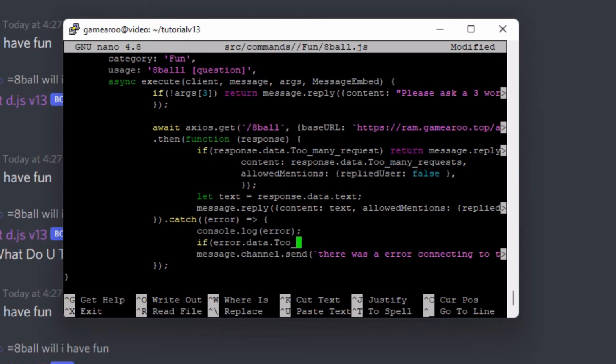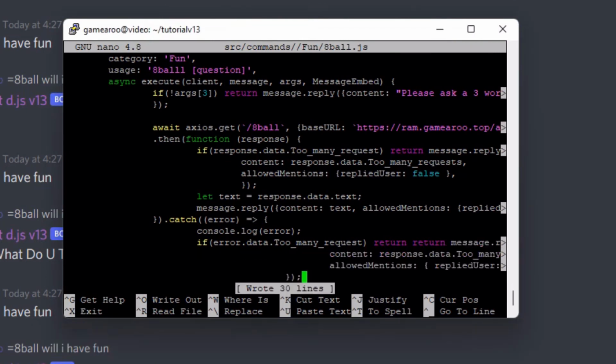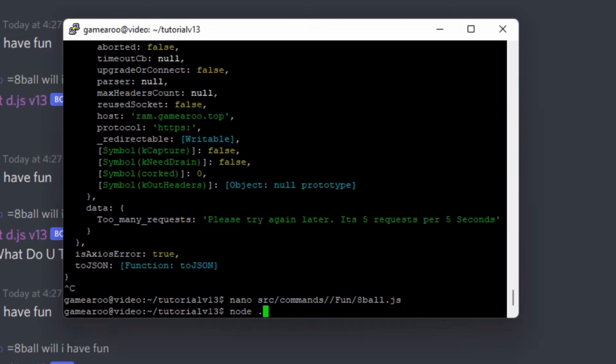error.data.too many request, what we can do is return, and we can copy the same code as we did above for this. Right, the lines, and if we start the bot,